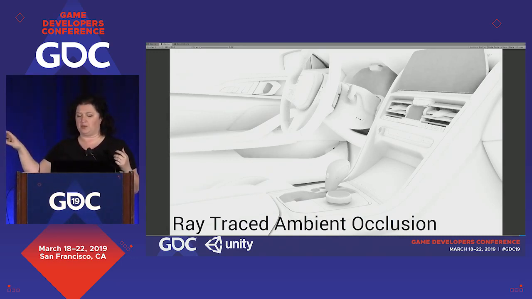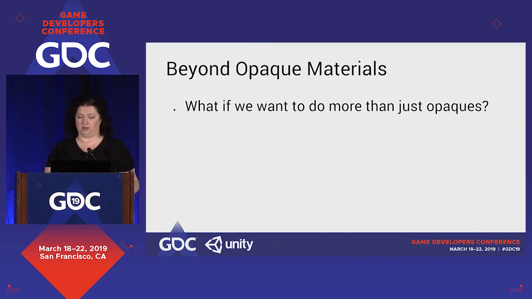Now note some of the over darkening in the images, that's our friends, the transparents, and we'll touch on that in a second. But of course, you can see as I switch back and forth how much more accurate the occlusion results are in terms of ambient occlusion.